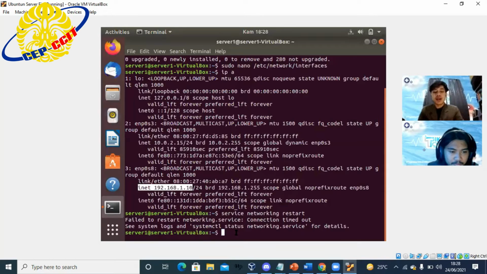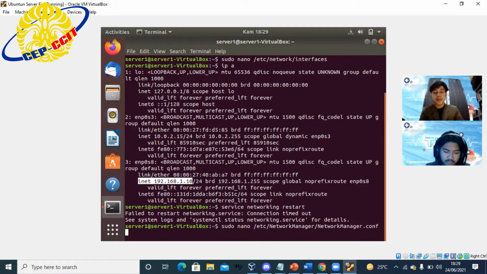And then once you have restarted, you must set the network manager to turn on the connection. The syntax is sudo nano /etc/NetworkManager and then click enter.